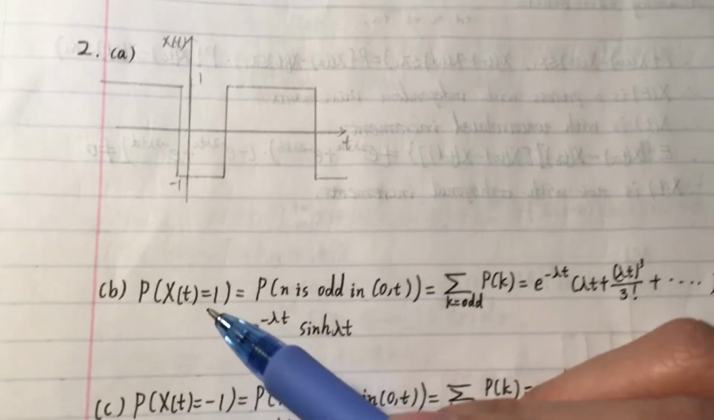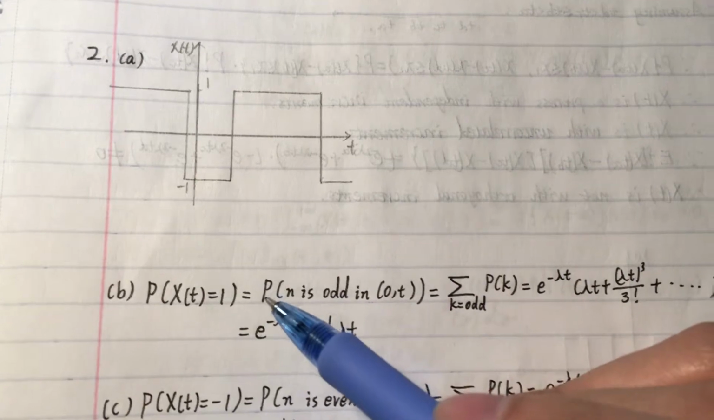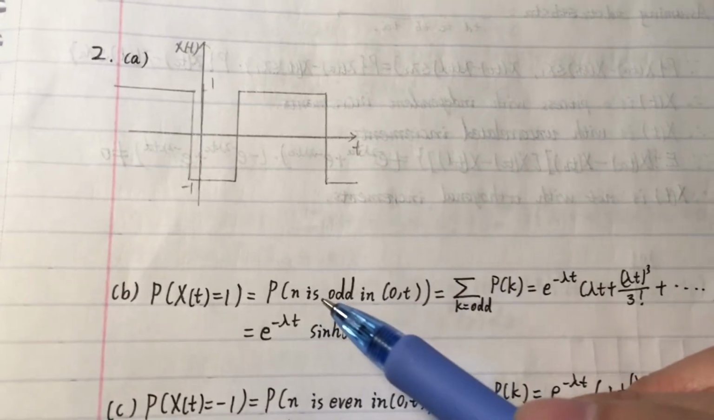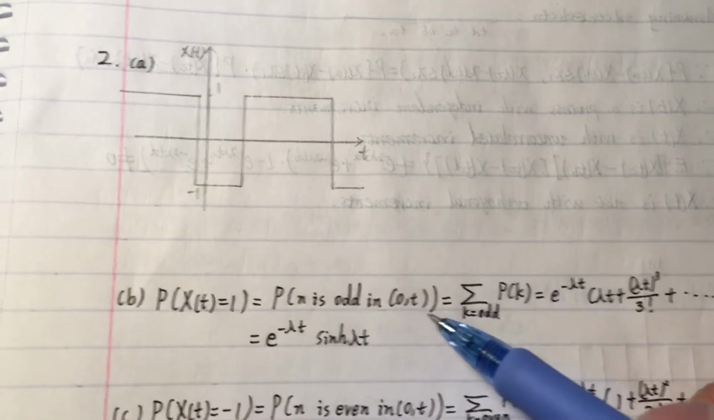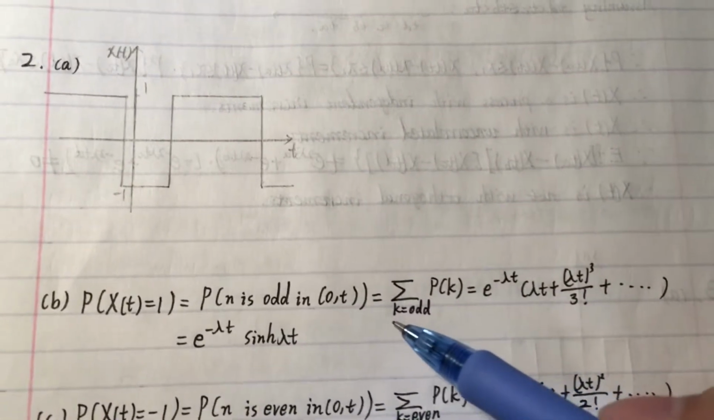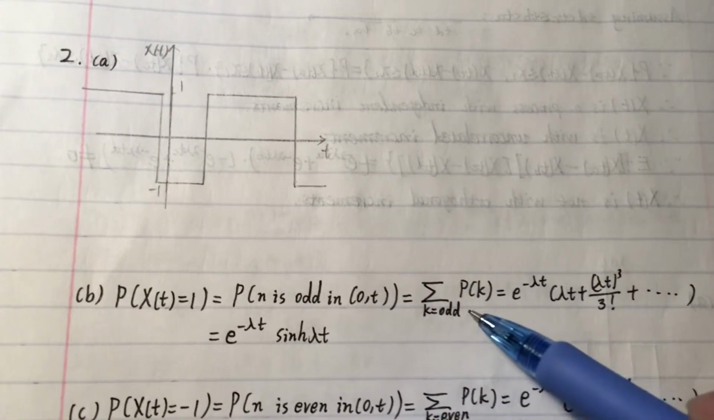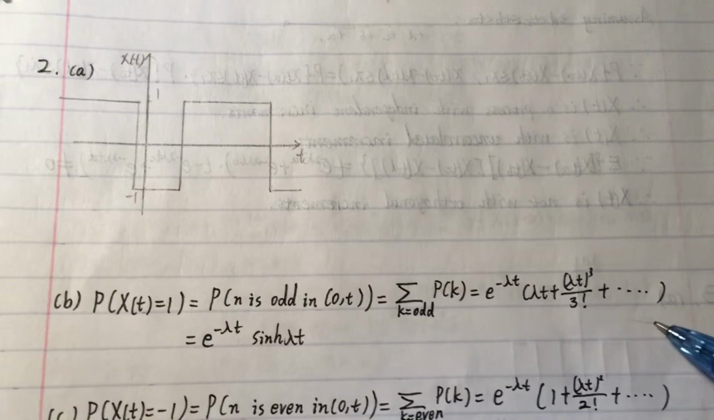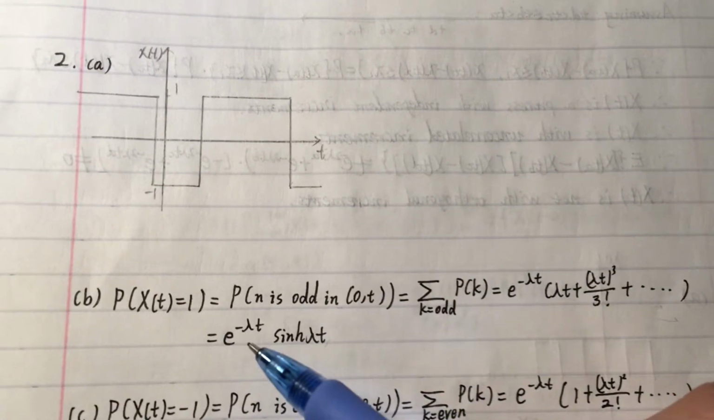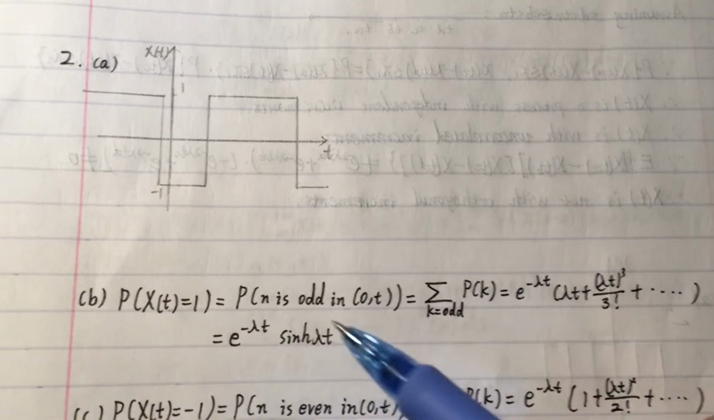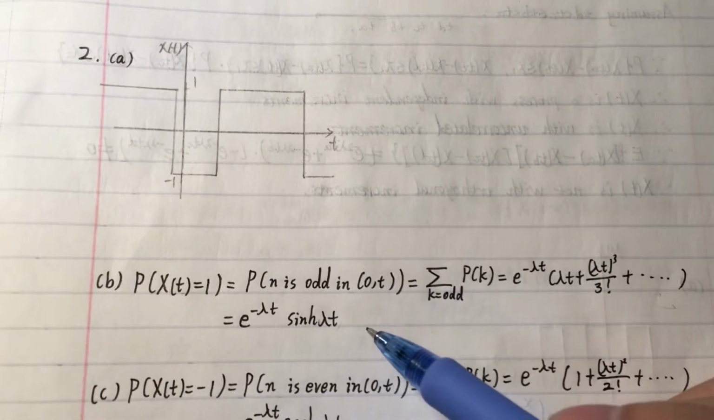So the probability of xt equals 1 equals the probability that n is odd in 0 to t. And we can get this result, and this result equals e^(-λt) sinh(λt). And then